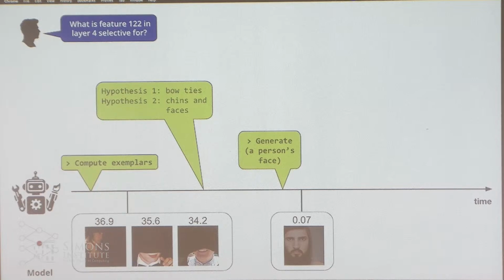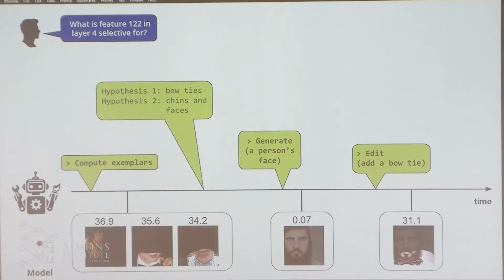But then to test one of its hypotheses, it could perform an edit on the image. This is different from any of the techniques that we've seen before that perform this kind of one-shot description, like Milan or other automated interpretability techniques that label features or neurons inside language models. What if we can causally intervene on input space to kind of tease apart differences for what might activate this unit, right? So let's edit this image and add a bow tie. There's already a chin in there, but when we add a bow tie to the image, all of a sudden,